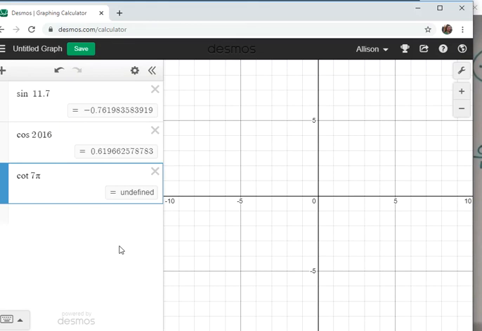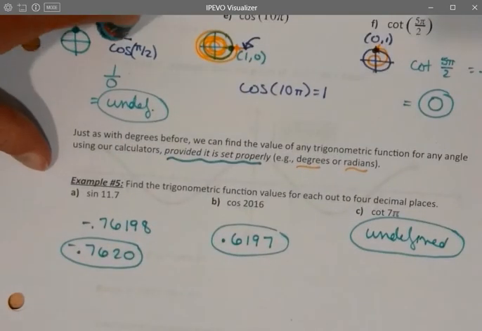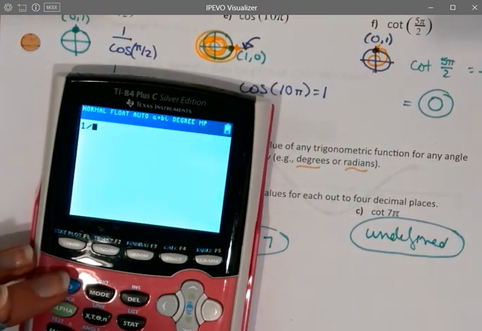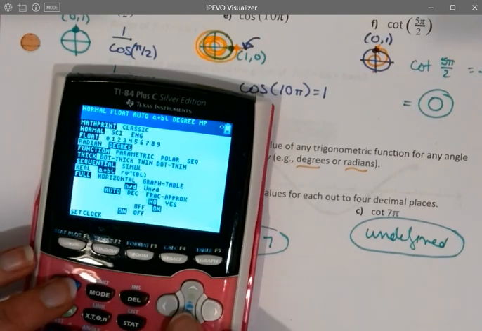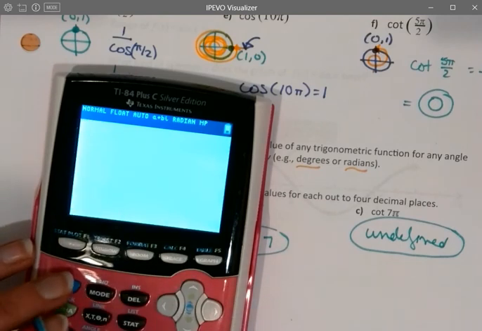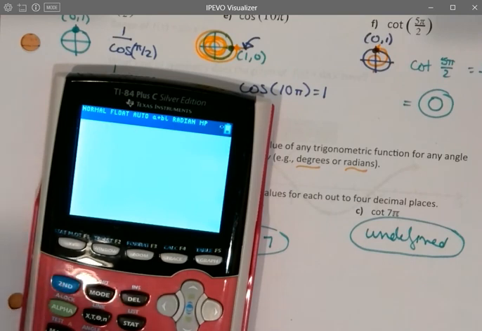And I can just evaluate it on Desmos because I can do the cotangent. I can do all 6 trig functions on there. I cannot on the calculator, so if I wanted to do it on the calculator instead, I would have to type in the reciprocal function is tangent, so I would type in 1 divided by the tangent of 7 pi, but I got to change my mode first because I'm still in degrees, so make sure my mode is in radians, and then I can change this and do this input, and I get,